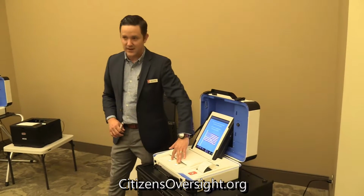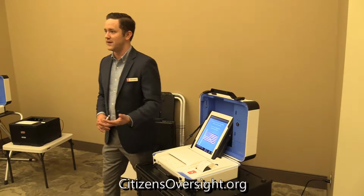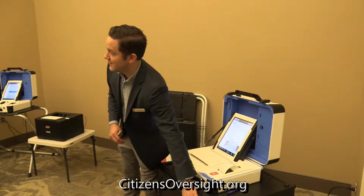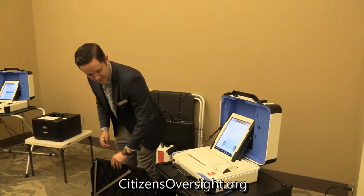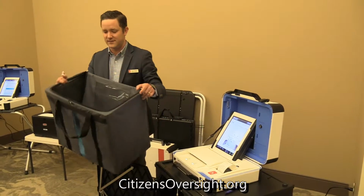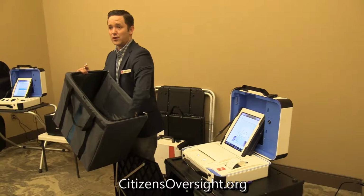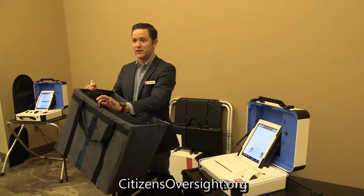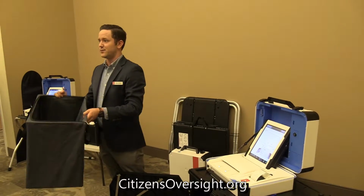It's ready to go for the next voter with the lights to indicate where they need to put the ballot in. Now on election day, of course, this will be locked and sealed, but today I'm going to show you that there is a removable bin inside. All the ballots will be collected in this. At the end of the night, poll workers will zip this up. When the zippers come together, there's a place for a tamper evidence seal,